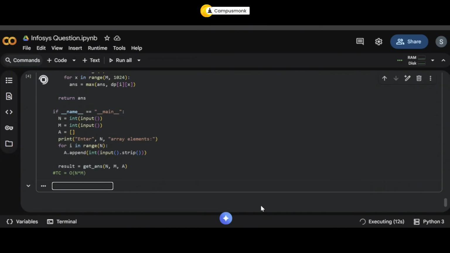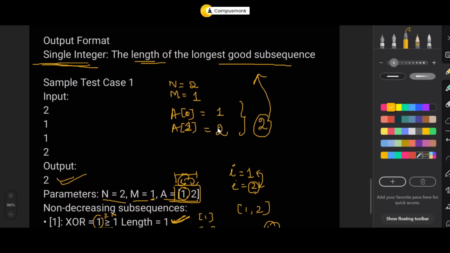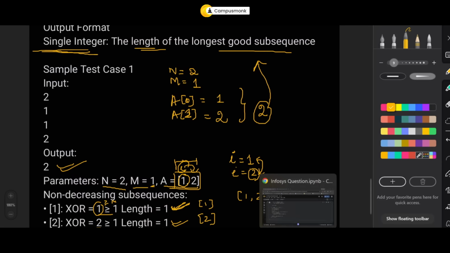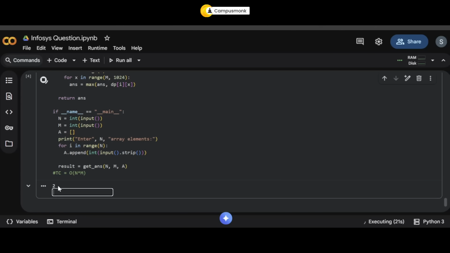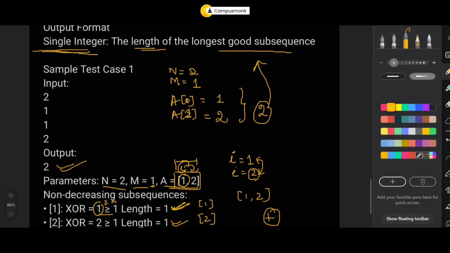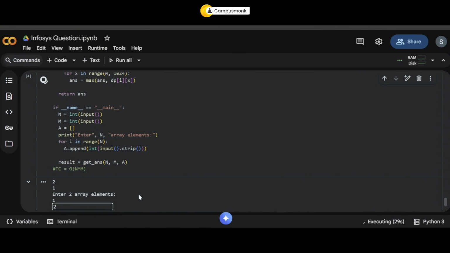Okay, so we are going to enter the value. So I don't remember what it was. So that was n is 2, m is 1. So we'll go 2, m is 1, and then you have this. So you have 1 and probably 2. Yep, and your output should be 2. 1, 2, and your output is